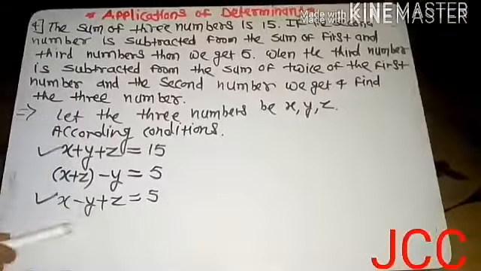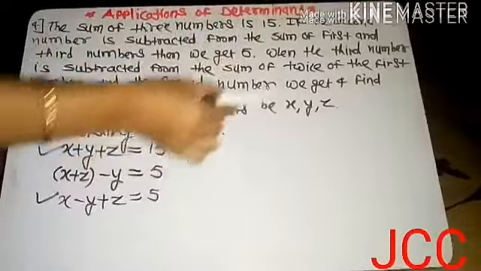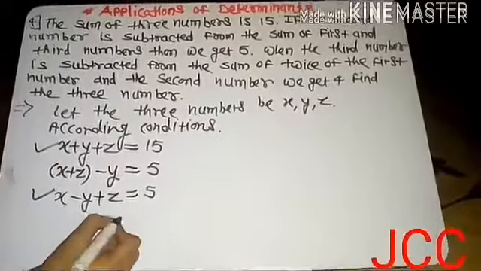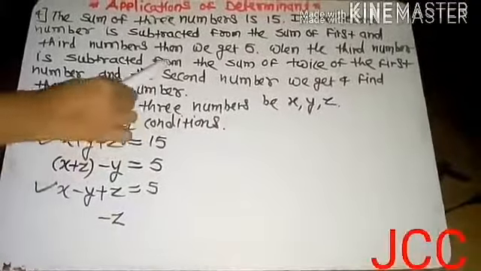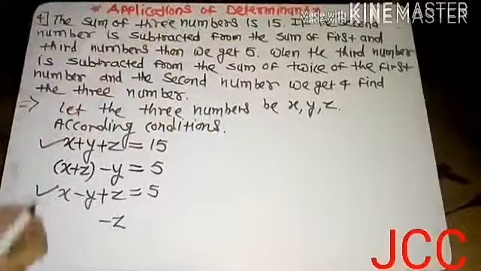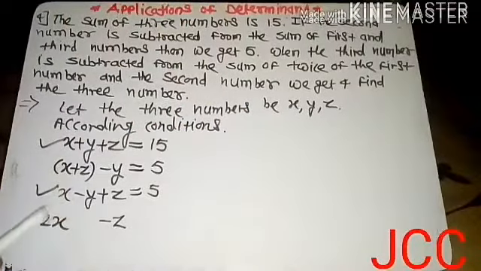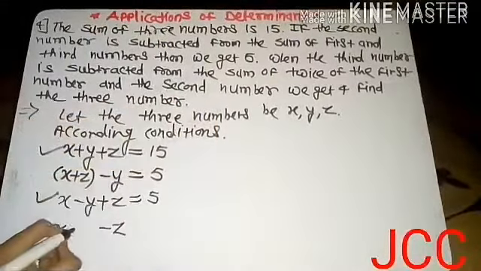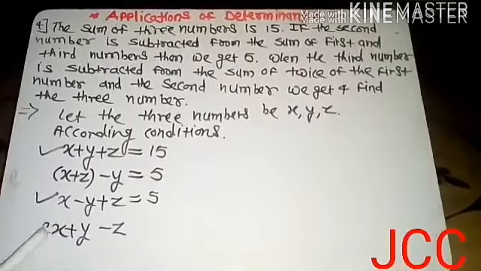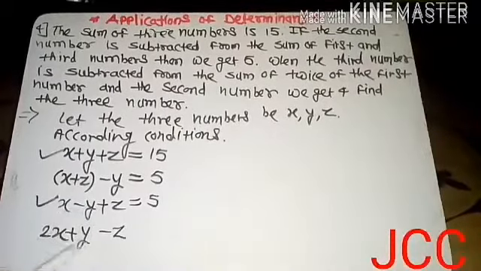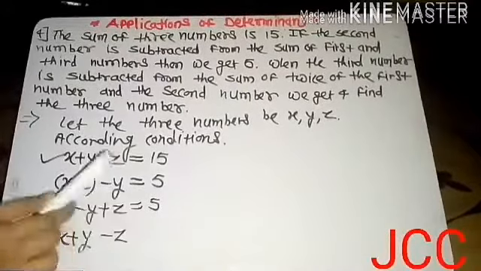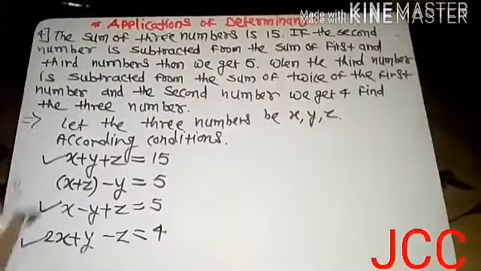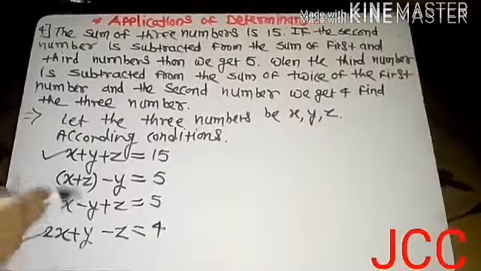Now we create the third equation using the third condition, that is when the third number is subtracted. Third number is z, subtracted from the sum of twice of the first and the second number. Twice of the first means 2x. Twice म्हणजे double. Double of first number. म्हणजे डबल एक पहिल्या नंबरचा घ्यायचा आणि सेकंड नंबरच्या सम मधून थर्ड नंबर मायनस करायचा. We get 4. And that we create 3 equations, and now by using Cramer's rule, by using determinant method, we